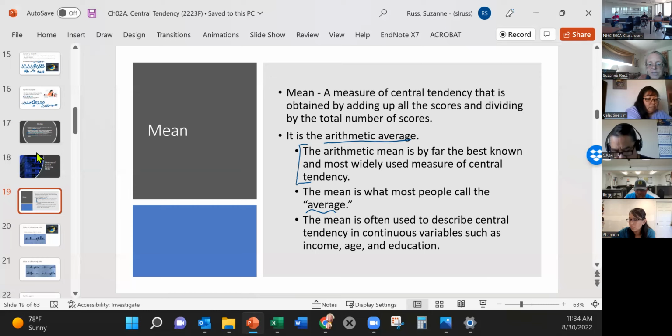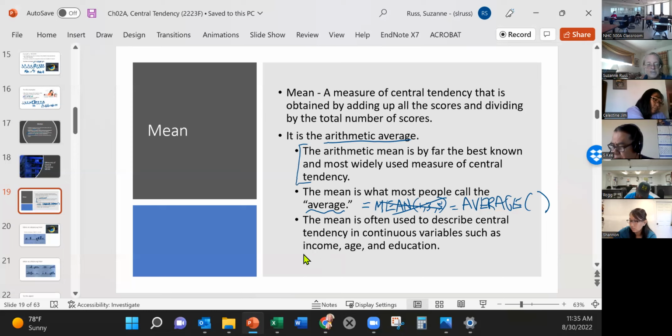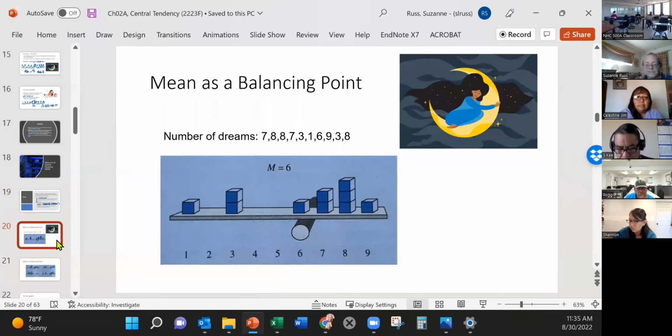Same as average. In fact, when you're working with Excel, Excel has a formula for finding the mean, but it's not mean. It's not like this equals mean and then putting some numbers in. Instead, they use the word average. I don't know why they do. It seems kind of silly, but that's the way they do it in Excel. And we use the mean so often to describe important information about groups of numbers.